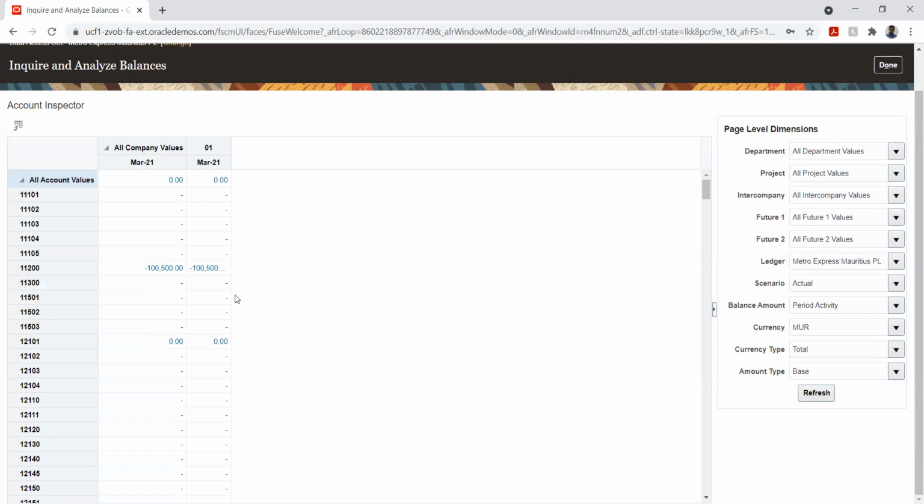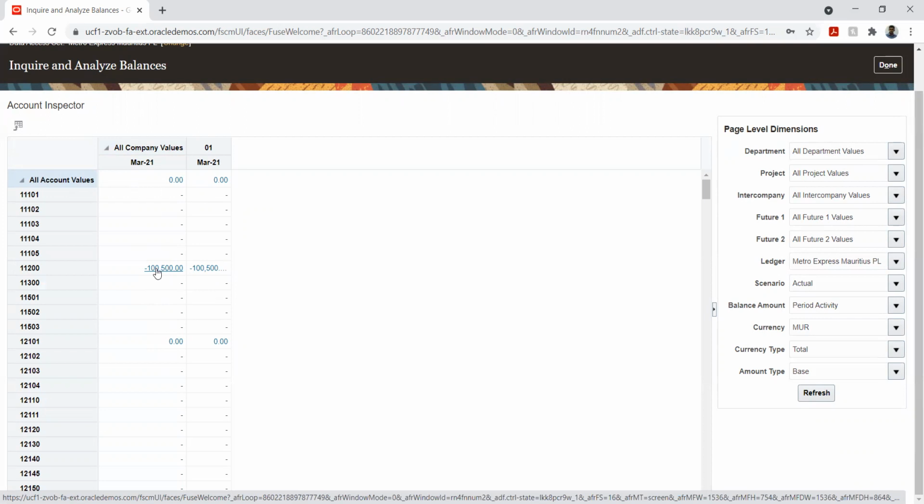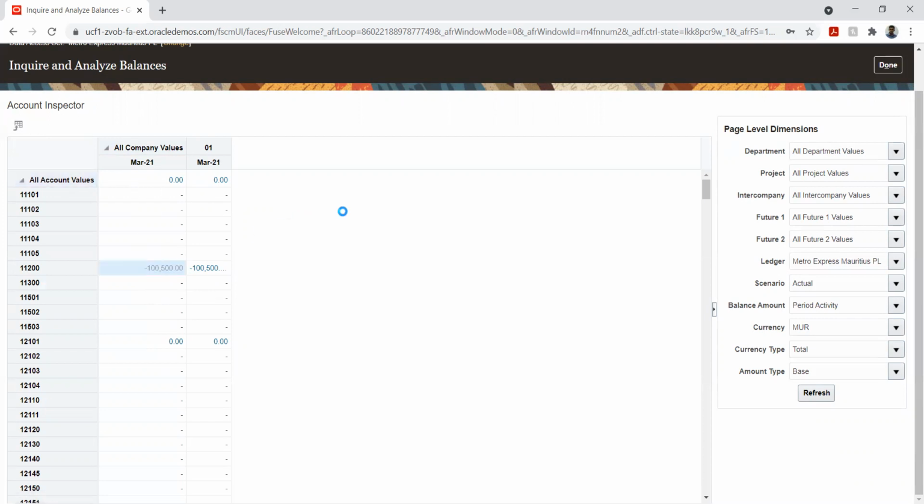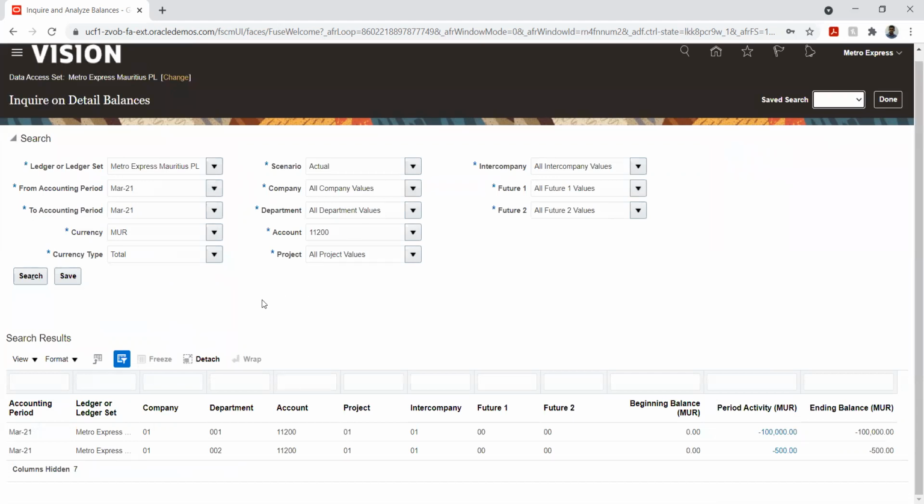Now if I want to know what the journal entries are, or what the list of entries are that has been created and accumulated as 1 lakh, I can just click on the hyperlink. This will take me to the particular journal entry. Basically, this gives me a drill down analysis in terms of filtering and understanding the actual entries being booked in the system. Okay, so I have two things here. Now let me click on this period activity.